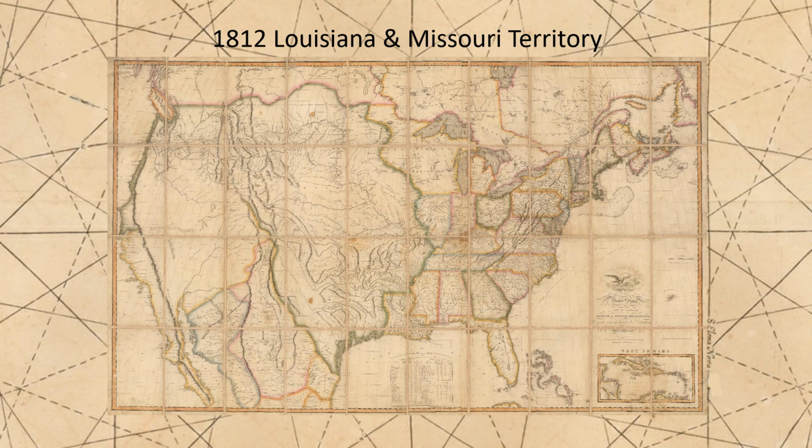Less than a decade later, in 1812, the Orleans Territory was made into the state of Louisiana, with what had been the Louisiana Territory now the Missouri Territory. The creation of the state of Louisiana was intended mostly to balance the Free State of Ohio, which had been admitted in 1803, with a new slave state.